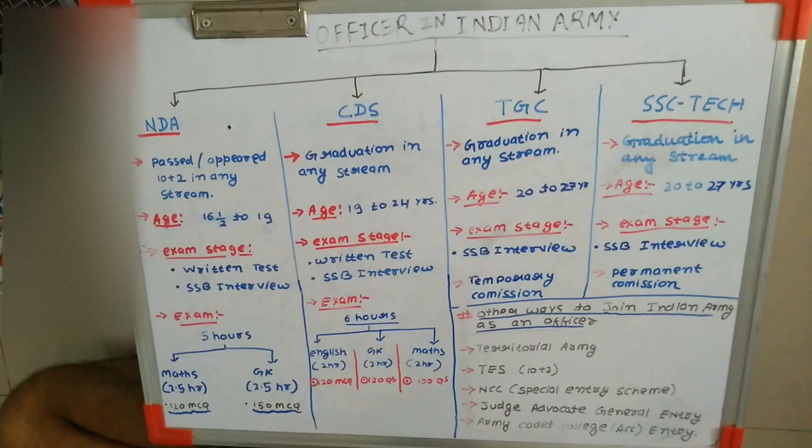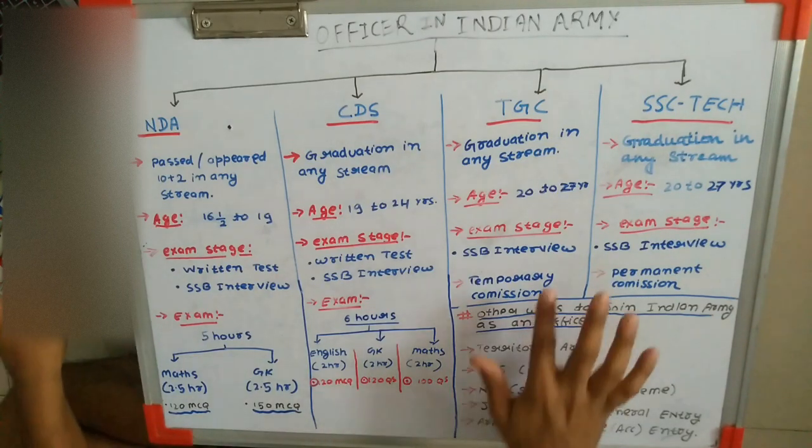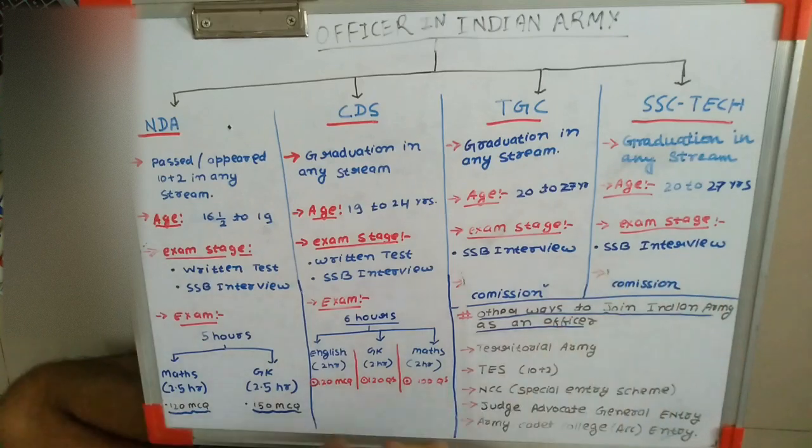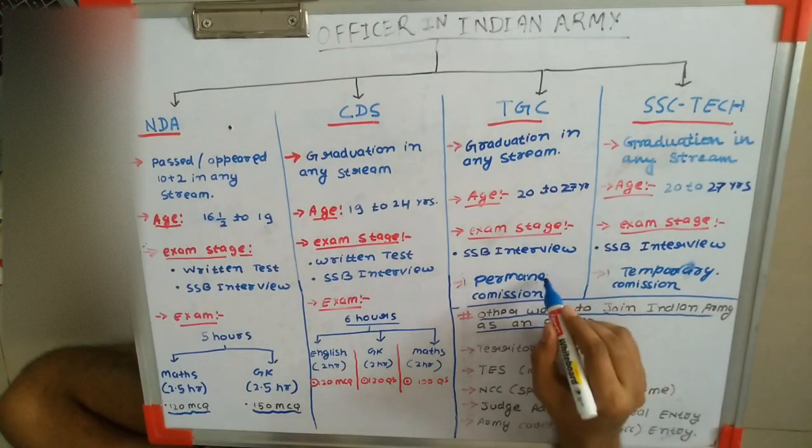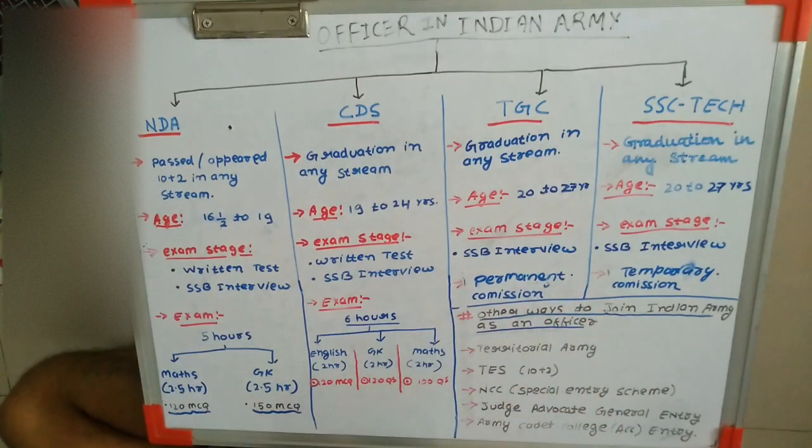Now the difference between the TGC and SSC Tech entry is the commissioning. Oh sorry, I have written it wrong here. So what does this mean? In the permanent commissioning you would be getting commissioned in the Indian Army as an officer till your retirement age, whereas